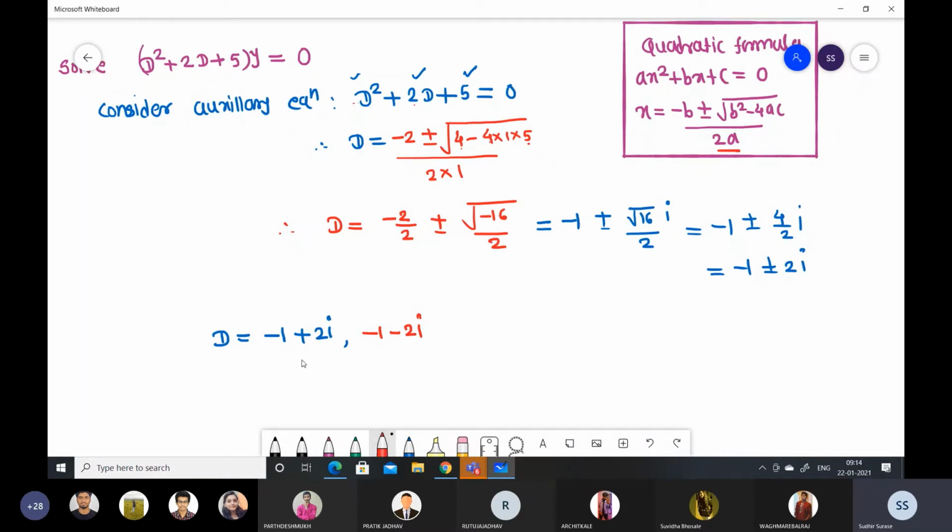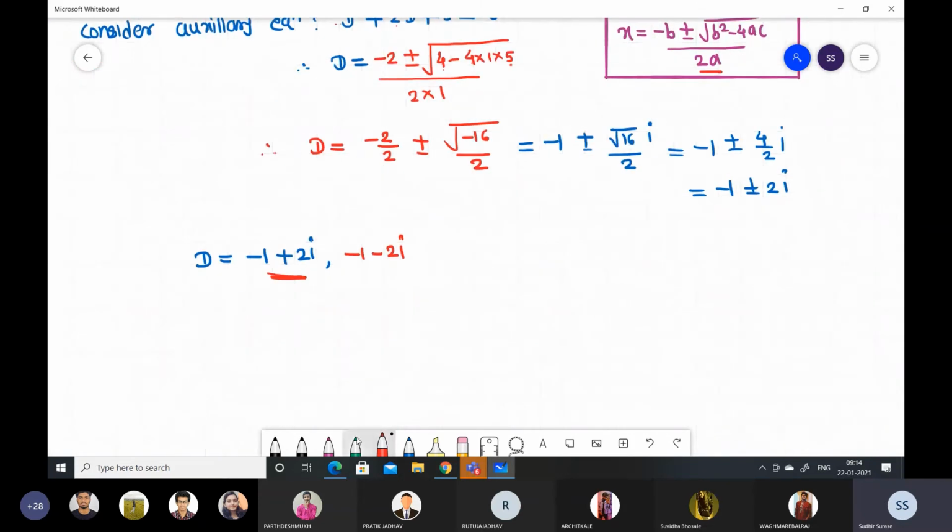Okay, and now focus on the first root only. So we have to write the solution accordingly. Case number 3. Therefore y is equal to, identify the real part. So the real part is this, and that is alpha, and the imaginary part is this, beta, right? So e to the power alpha x. What is the value of alpha here? Minus 1. So e to the power minus 1 times x, and in brackets arbitrary constant a cos beta x. What is the value of beta here? 2. So cos 2x plus b times sine beta x, that is sine 2x. So this is the solution of the given differential equation if we have complex roots.